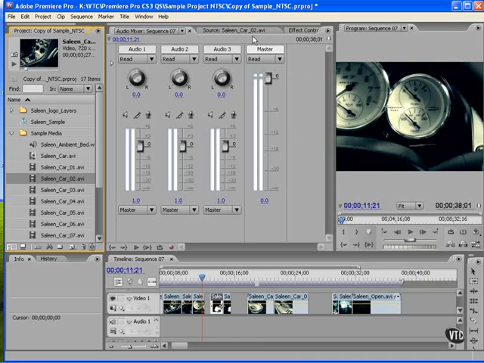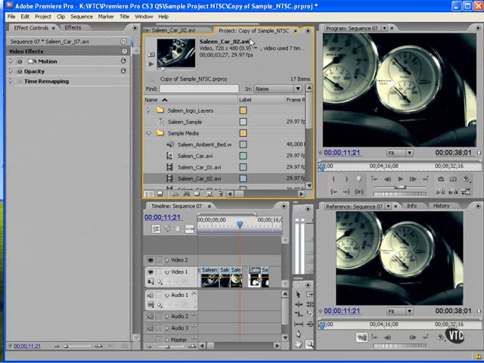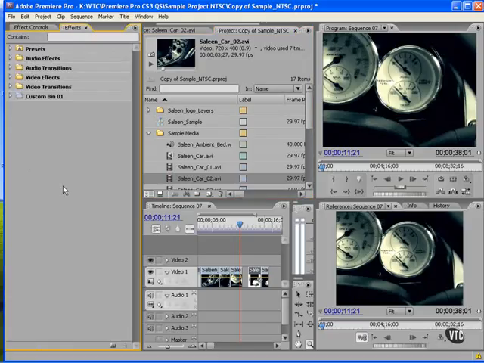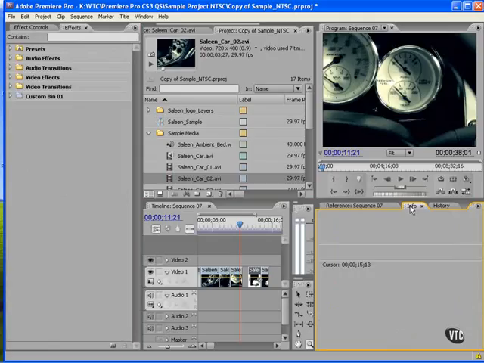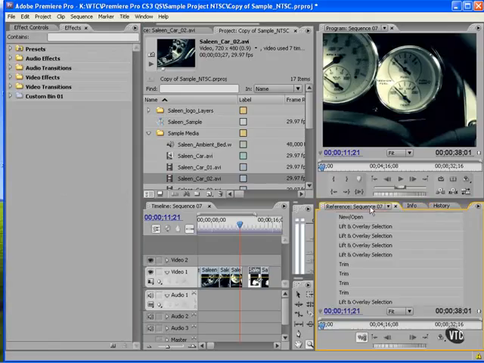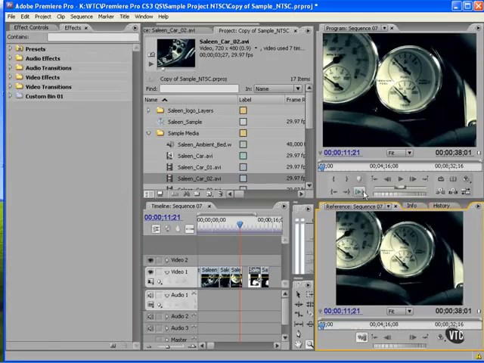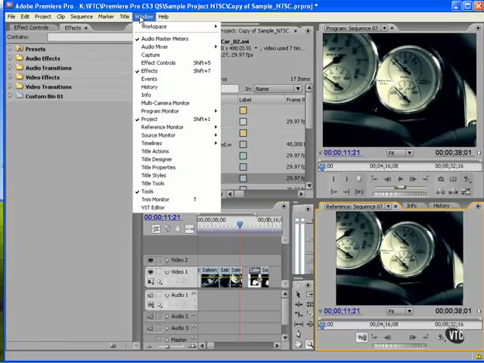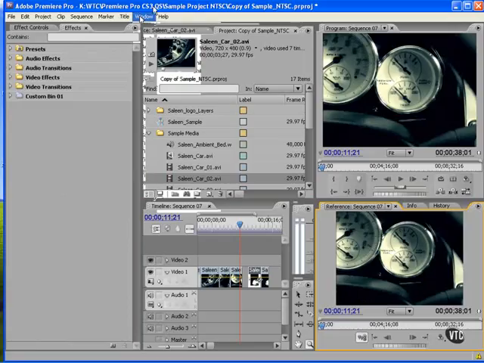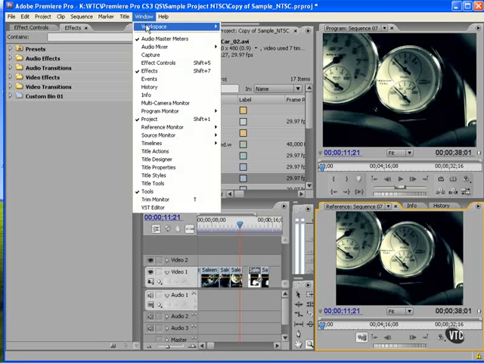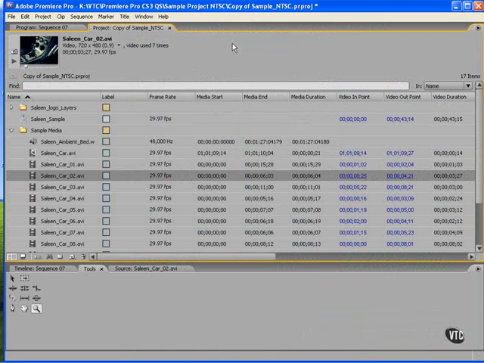The Color Correction Workspace will bring up the Effect controls as well as the Effects panel, an Info panel, History panel, as well as a Reference sequence. These are additional windows and panels that you'll need when working on your Premiere Pro projects. You also have the Editing Workspace,